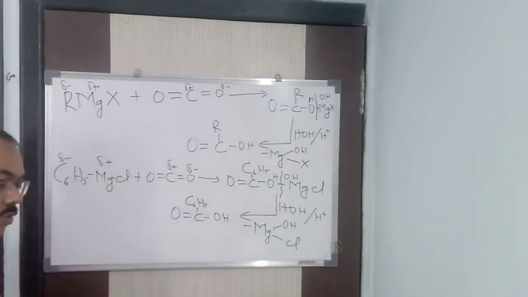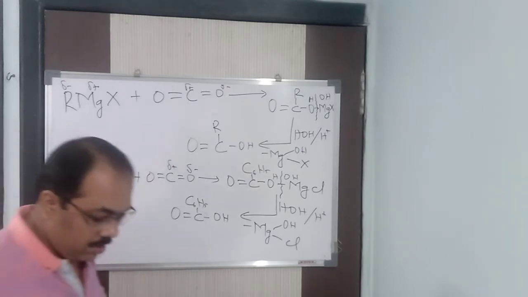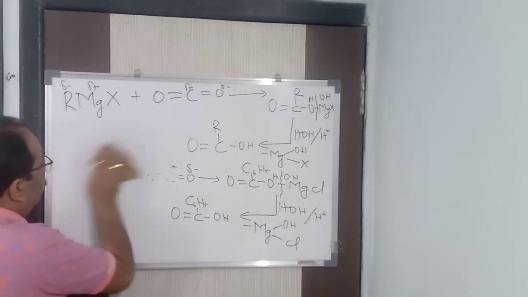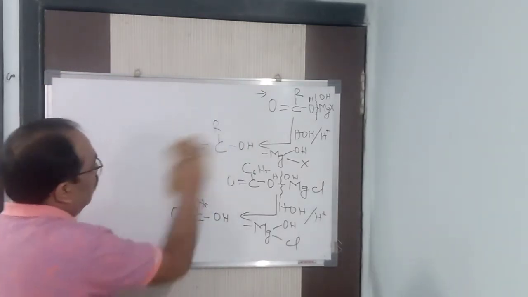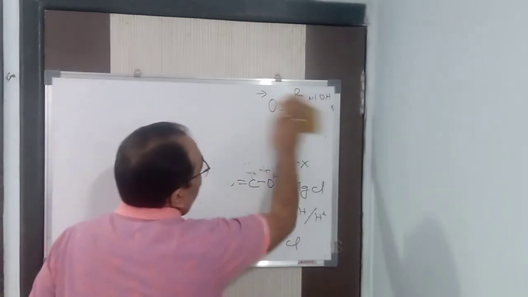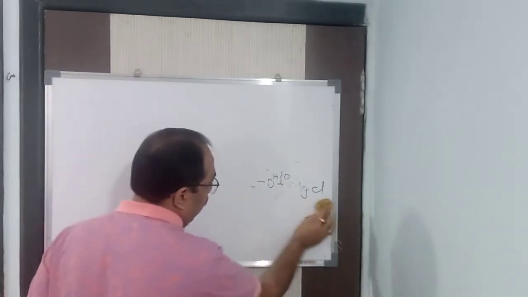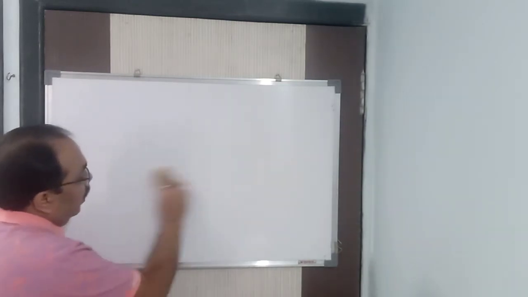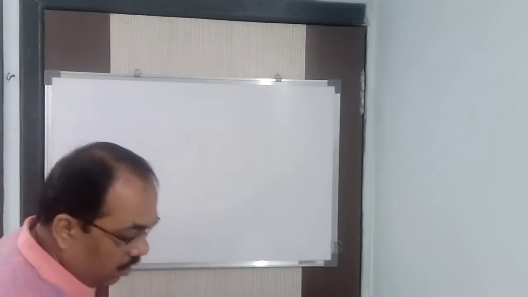So you get benzoic acid in this particular manner. And any carboxylic acid we can prepare in this way. Alright, so this is by using Grignard reagent. Now we can also prepare it by using chloroform or any trichloroalkane. Either I can take chloroform, CHCl3, or any trichloroalkane, and I can prepare carboxylic acid. Alright. Now how is it so?